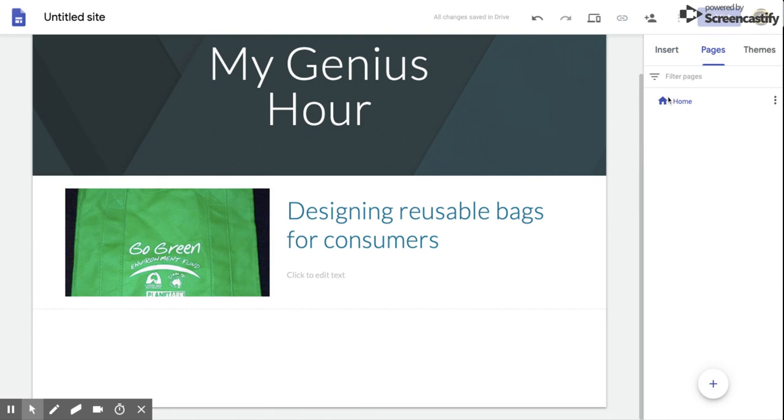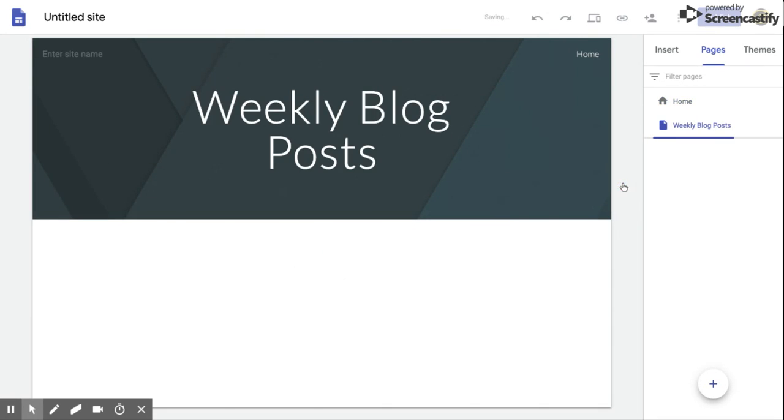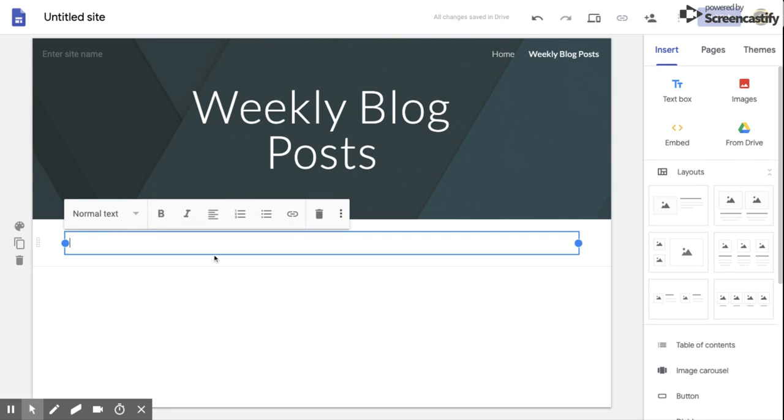But if we want to go to pages, okay, notice how right now we only have one page, and that is our home page. We want to add a second page, okay? For example, weekly blog posts, okay, because remember we are answering those 3 questions. Here is where you can make a weekly post. Okay, so if I want to do insert text box, I can say week 1,